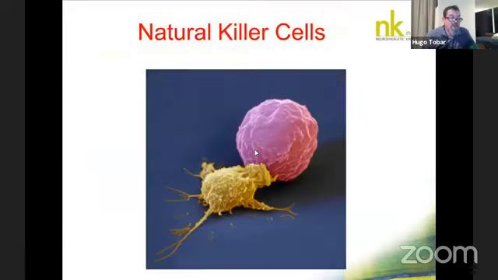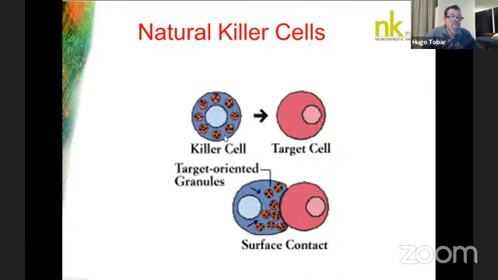And here's another picture. So they basically do the same thing. What they do is, both the T killer cell and the natural killer cell, they lock on to the target cell, then they inject these granules, and these are the cell-killing hormones that once they're inside there, they'll destroy that cell.